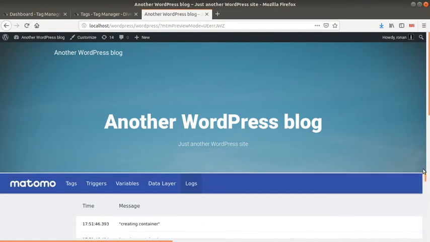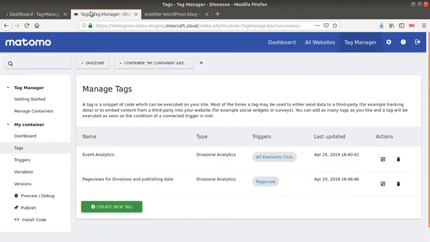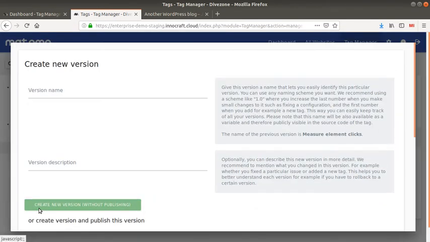Okay, once you test that all your triggers are working properly and they are pushing the right values thanks to the variables and the tags, you can be confident and click here on the publish button in order to send your container live on your website. And here you just need to give an explicit name to your version, then to describe it properly.